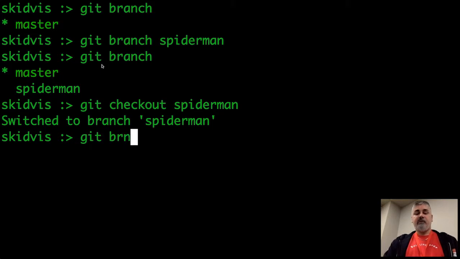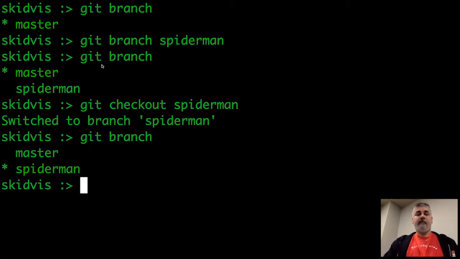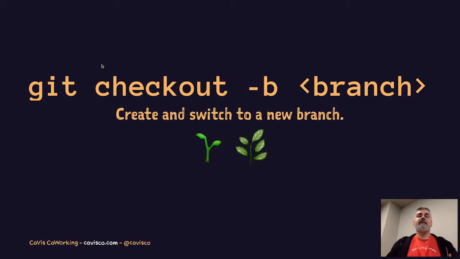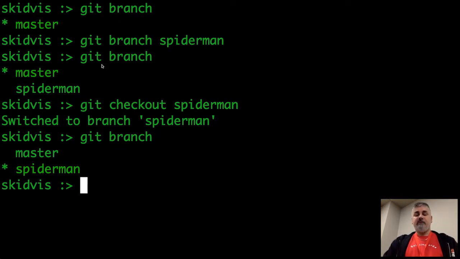If I do git branch, take a look. You'll see the asterisk is now on Spider-Man. You can do all that with just one command. Git checkout -b and then the name of the branch will create the new branch and put you in it. So if I do git branch villains